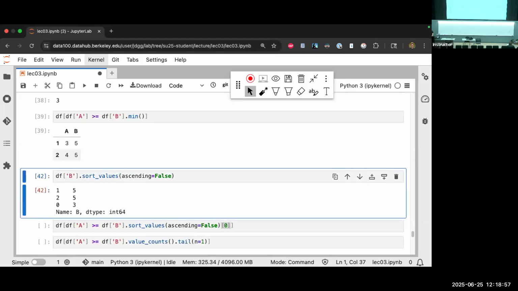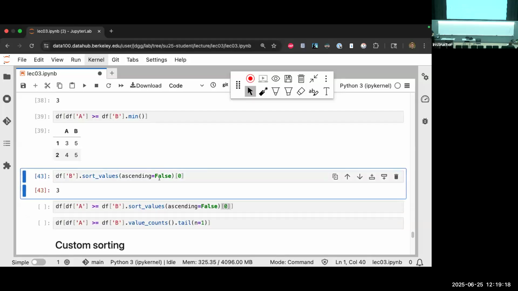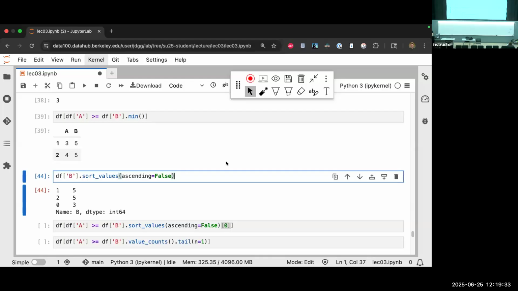Look at those indices. 3 is at the very bottom, but it has an index of 0. Remember, with context-dependent extraction, it's looking for the label 0, not the 0th element. If we had used iloc, I don't think it would have worked because it's a series. But we're looking for the index labeled 3. Again, is that something we test on an exam? No. Is this something you could run into as a bug? Absolutely, right? Is understanding this going to help you on the exam? Sure, being more familiar with a lot of these concepts. So just keep that in mind. That's not going to work.